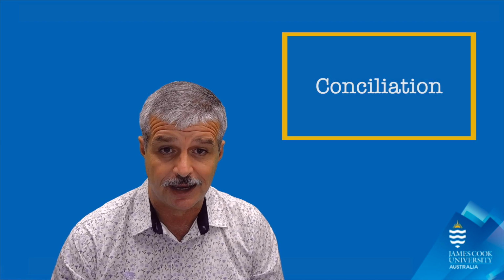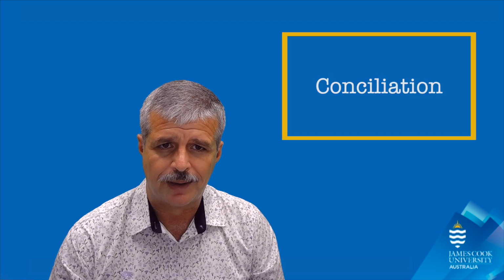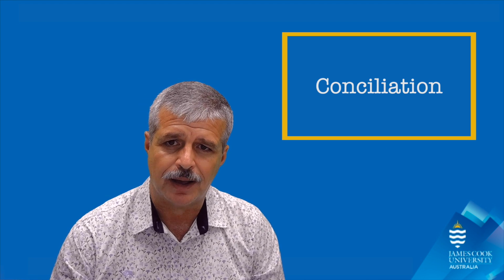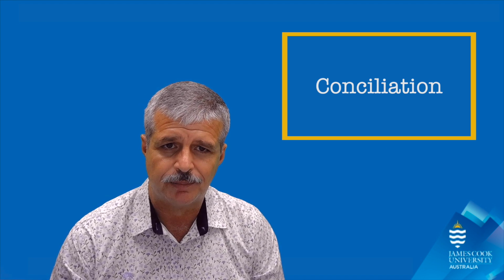Once the tribunal has received your client's application, the department will have an opportunity to respond in writing and will have a duty to provide the tribunal with the relevant documents supporting the decision. Once that has happened, the usual next step under the AAT has been to direct the parties to attend a conciliation conference. What happens there is that an AAT member sits down with the applicant and the department to try